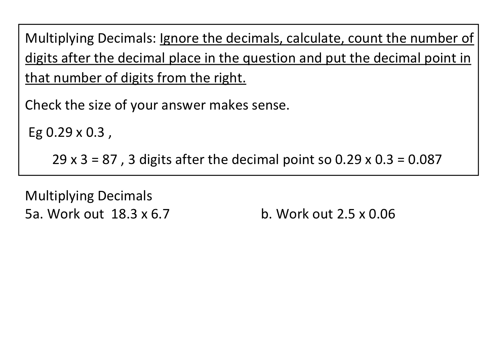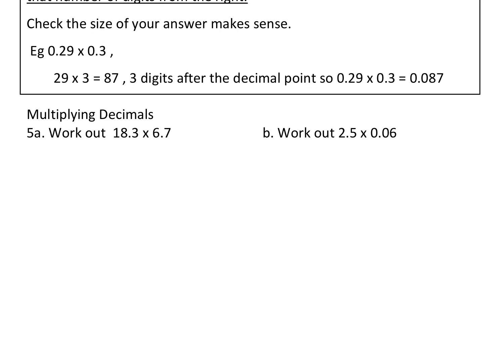Number 5. You would start off by writing that calculation out without the decimal. So I'm going to do 183 times 67. 7 times 3 is 21. Write down the 1, carry the 2. 7 times 8 is 56, plus the 2 is 58. Put down the 8 and carry the 5. 7 times 1 is 7, plus the 5